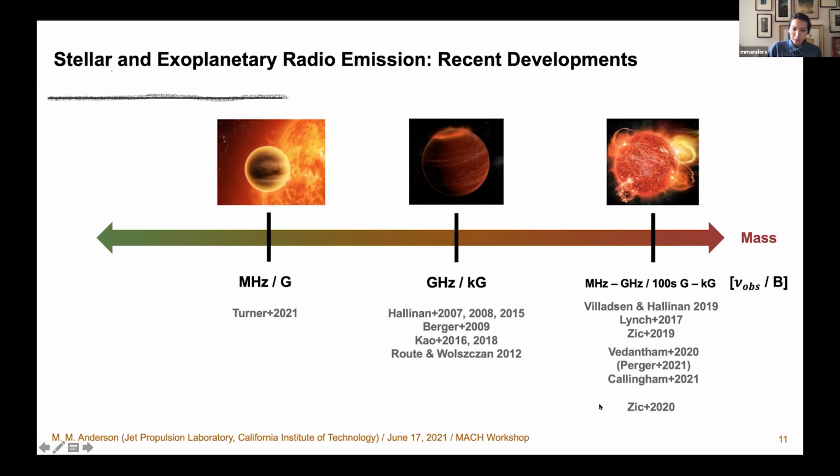There's also been a potential detection of coherent emission similar to what we see on the sun. So now not large-scale auroral current systems, but something that looks more like type 4 solar radio emission. So a potential indicator of the ability to detect space weather-like events around other stars. And this was a detection of radio emission from Proxima Centauri.